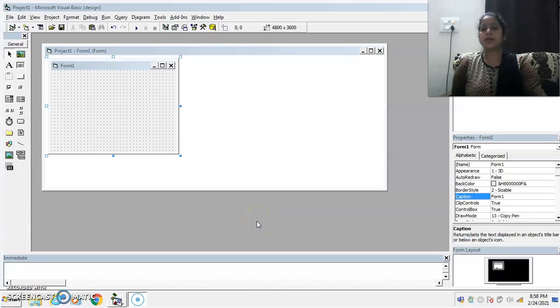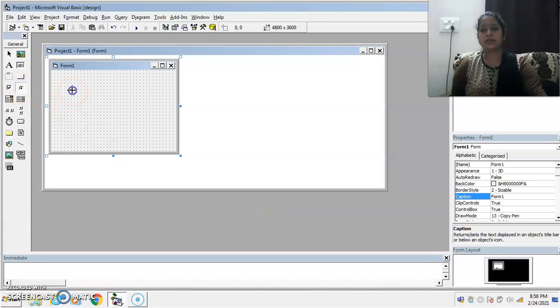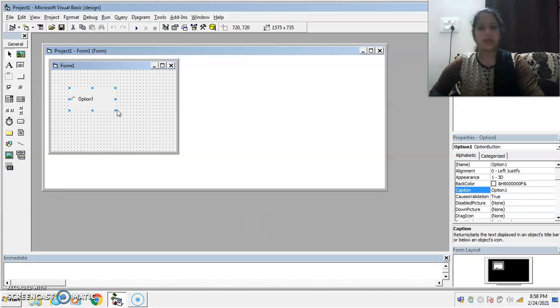Now our next control is the option button. As you see on the screen, this is our option button. Option button is also known as the radio button. This control is used if the user wants to select a single choice from a set of choices. Means if the user wants to select only a single option from a set of options, then use the option button control. Unlike the checkbox button, option buttons work in a group. Means when the user selects one option button, the other option buttons are automatically deselected.